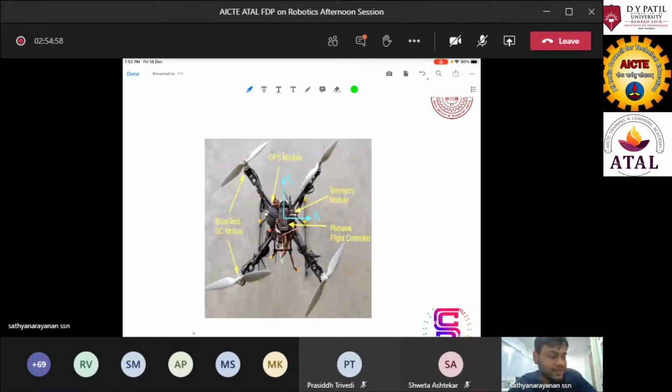The second most important thing is the ESC, which is used to control the speed of the motor. Here we have two connections to it. One comes from a DC supply, the batteries, and the other end we connect to the motor, the BLDC motor. A BLDC motor is a three-phase motor, and this ESC acts as an inverter here, which converts from a DC source to an AC,